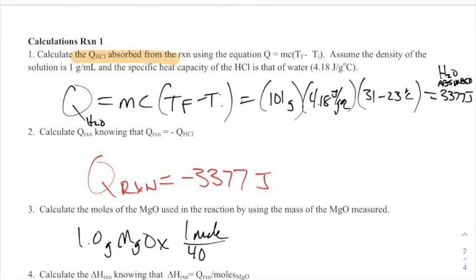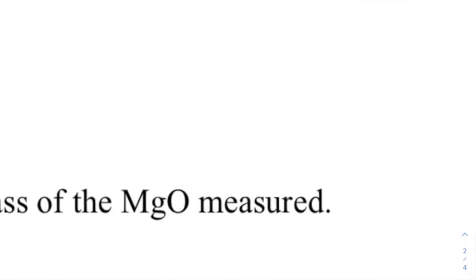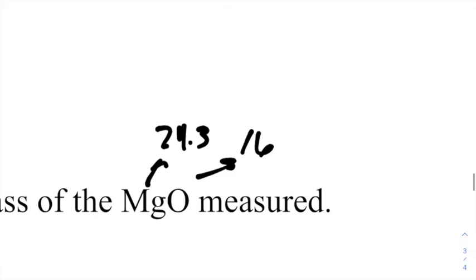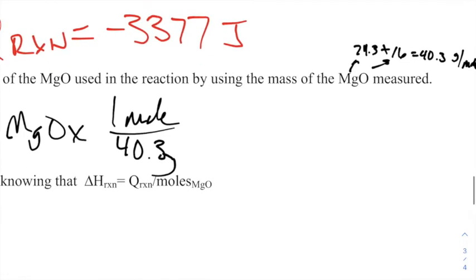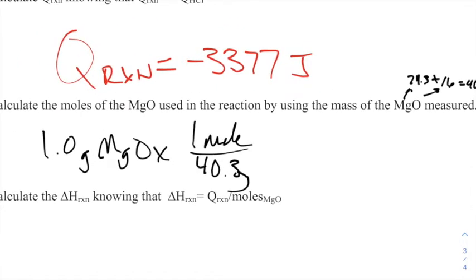Again, you should be able to very easily figure out that magnesium is 24.3, oxygen is 16. Add those together and you get 40.3 grams per mole. So 1 gram of the magnesium oxide at 40.3 grams per mole gets me